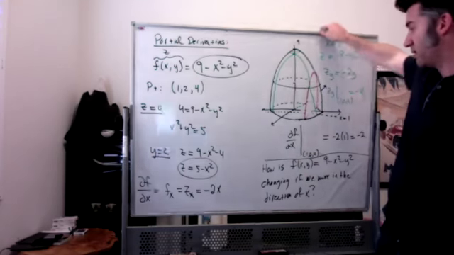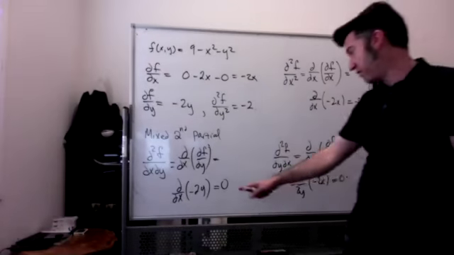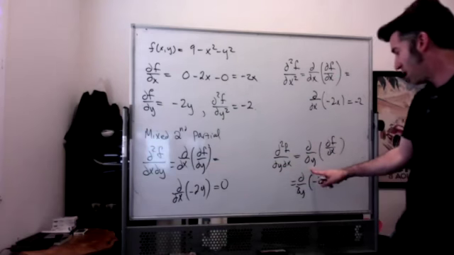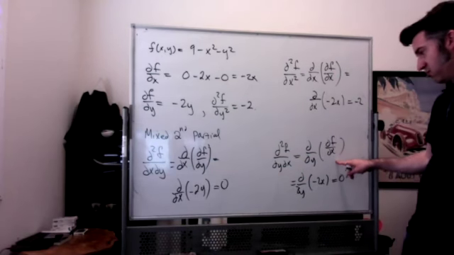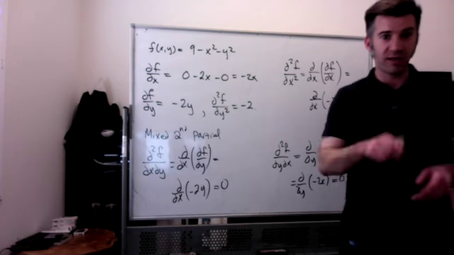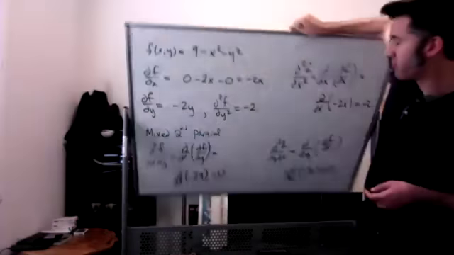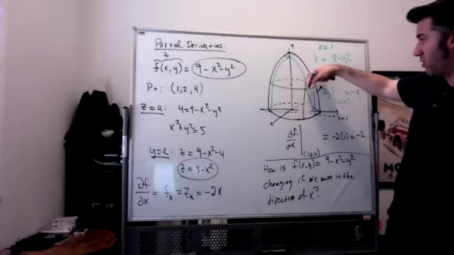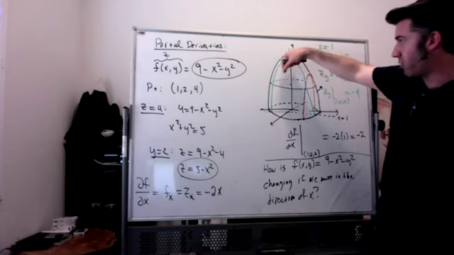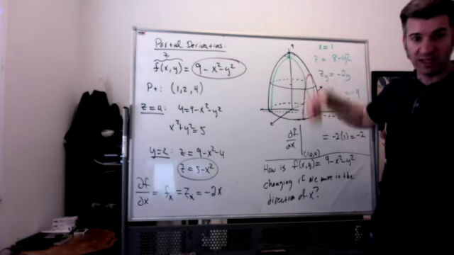Right? Because I'm saying the derivative in the y direction of the derivative in the x direction is 0. So if I'm looking at the derivative in the x direction, which is negative 2,